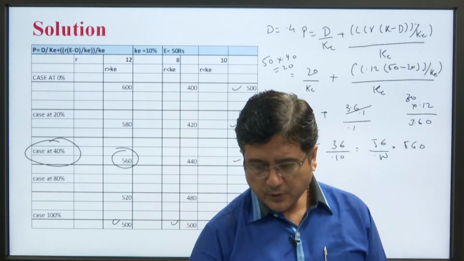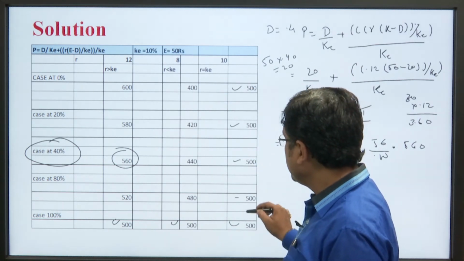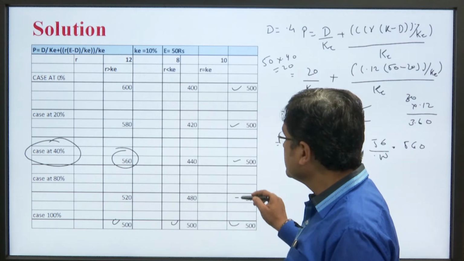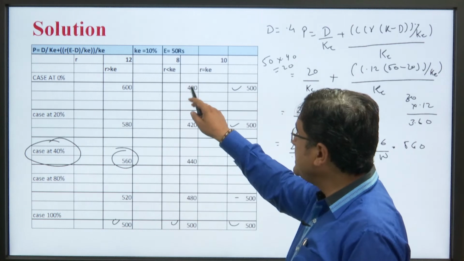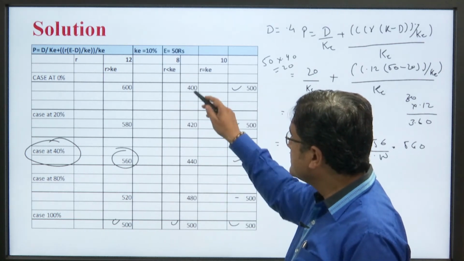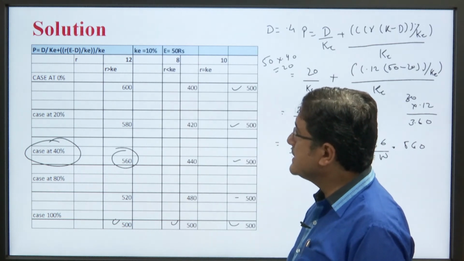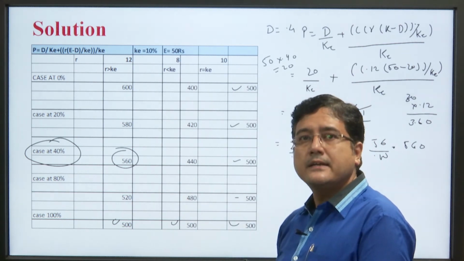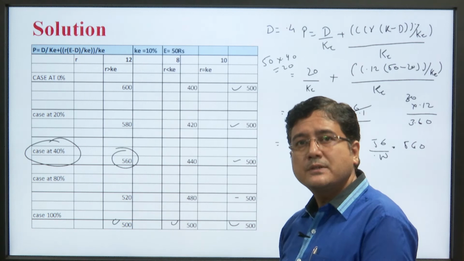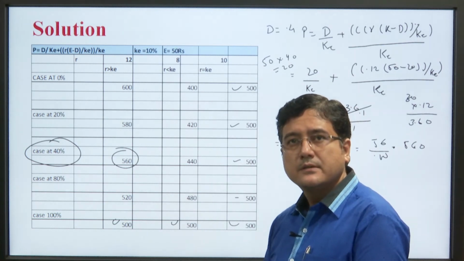See, I again show you, when R is equal to K, there is no effect on market price. When R is less than K, payout should be high, and when R is greater than K, the company can retain an amount from its profit after paying the dividend. So, it can take the decision to retain some amount and pay some dividend.